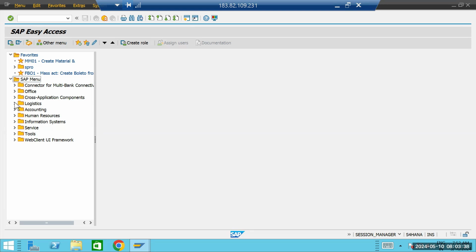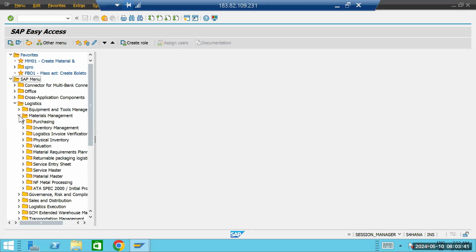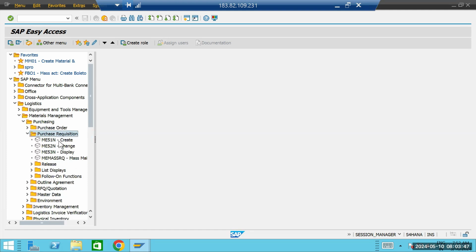So you can go to logistics. Inside logistics, you can go to material management, purchasing. From purchasing, here you can go to purchase requisition. ME51N, this is for the creation. ME52N is for the change. ME53N is for the display transaction. Okay, so we'll go to the